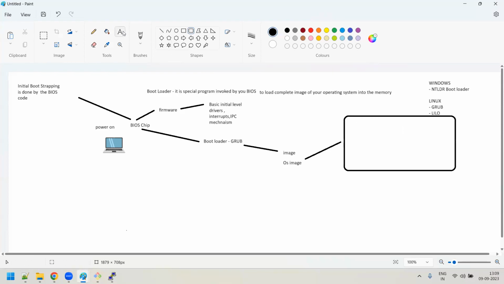This is your RAM. RAM, you know, right? RAM is a primary memory. So it's going to load this entire OS image into your RAM. This OS image will be loaded here. So your whole compressed OS image will be there in your RAM memory.